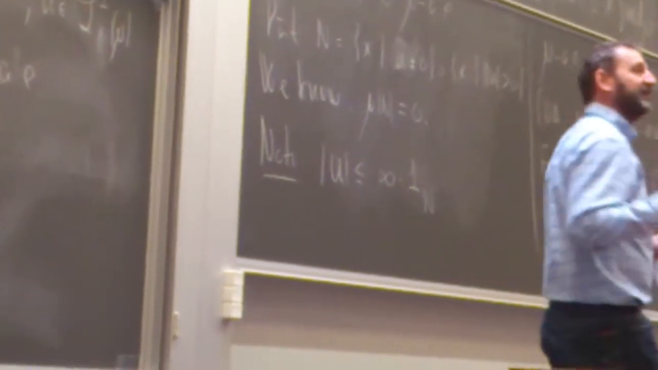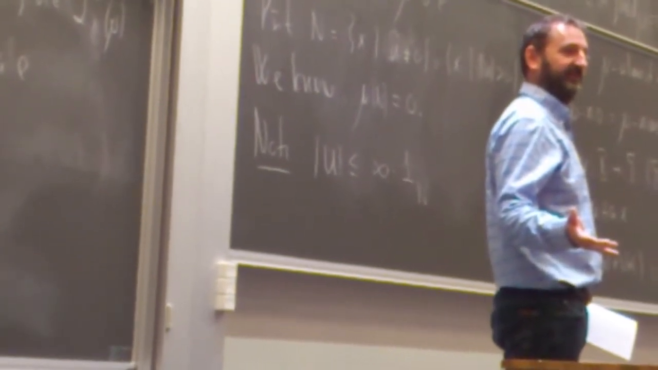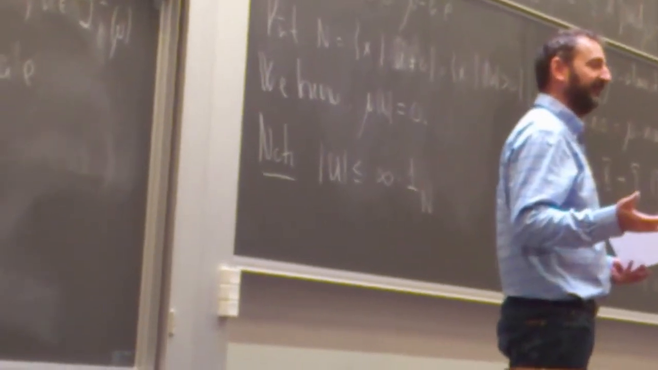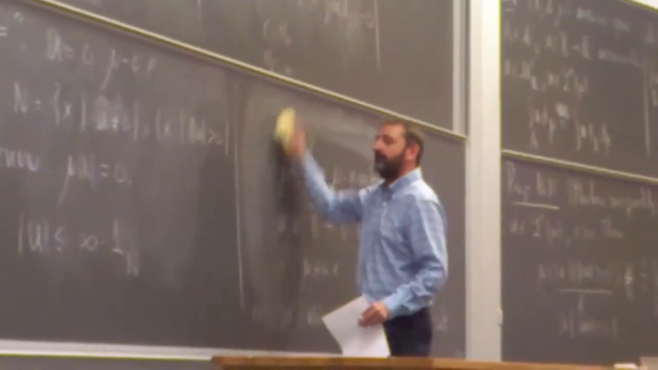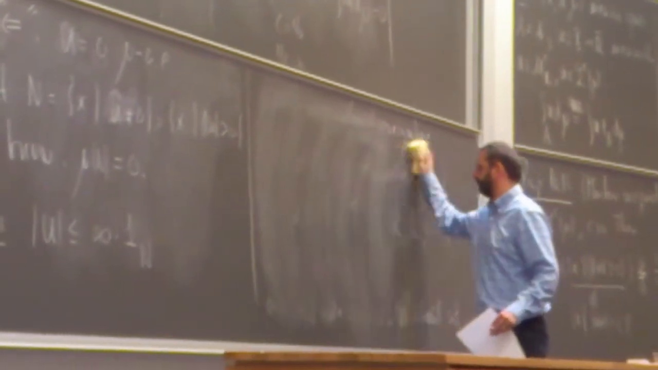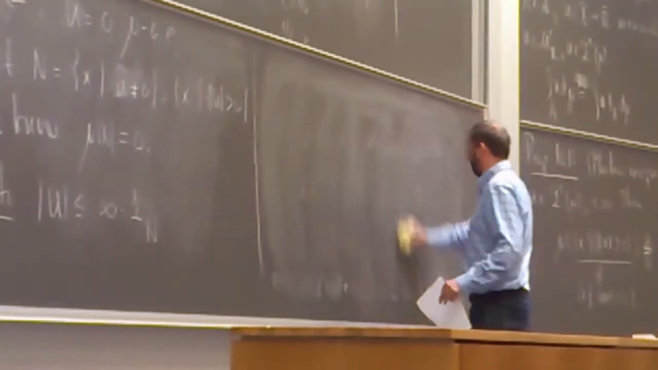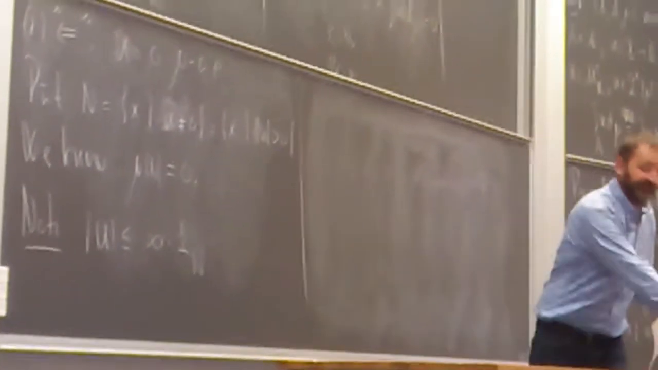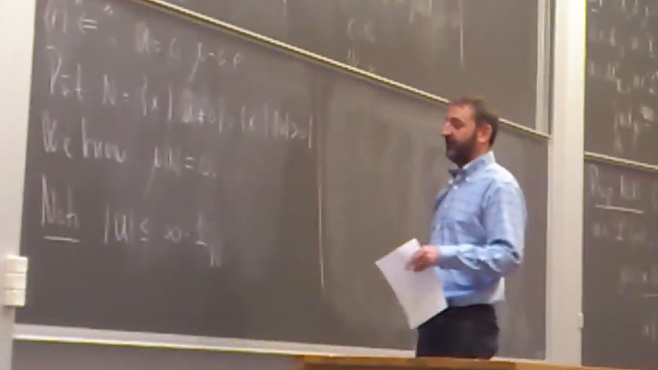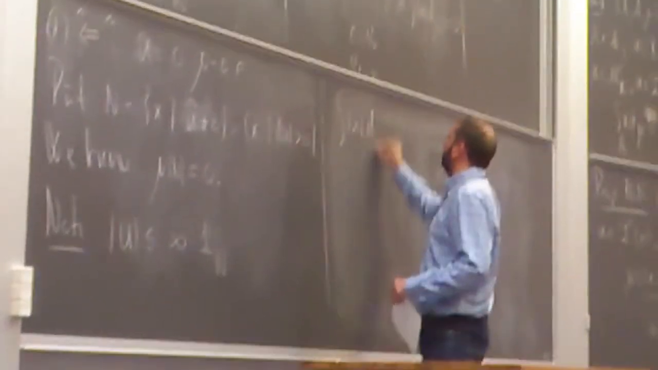And remember that we are allowing functions to attain the value plus infinity. This is part of the whole deal. And now we use it in a very practical manner. Okay, so this means that I want to show the integral of absolute value of u is 0. So now I can say the integral of absolute value of u du